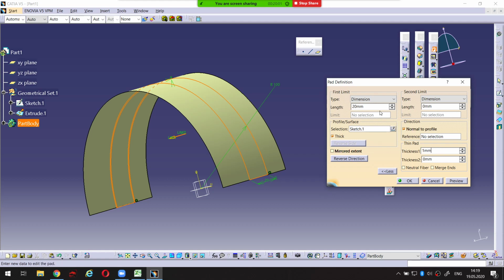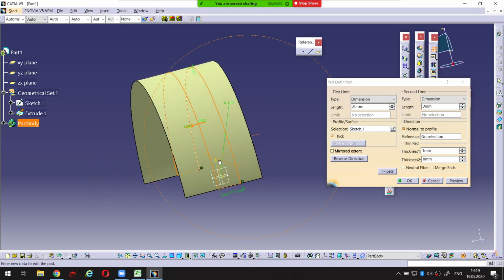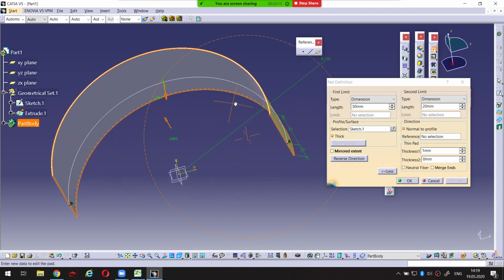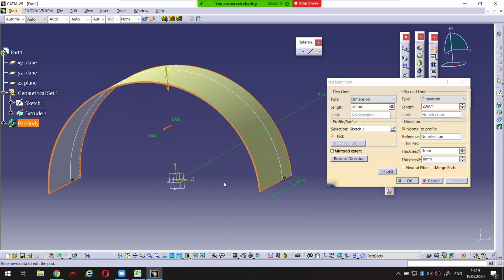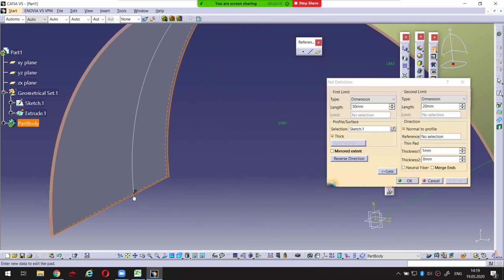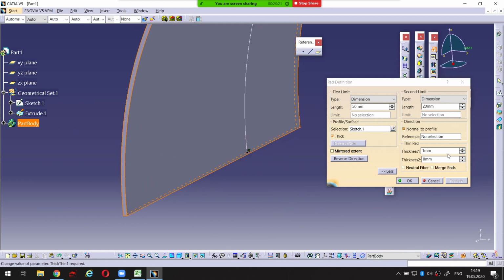It's enough. I'm going to create 50 millimeters to one side and 20 millimeters to the other side, and click on preview. As you can see, I have created exactly that surface, but with 1 millimeter thickness,